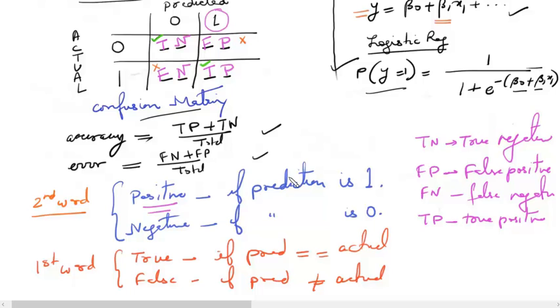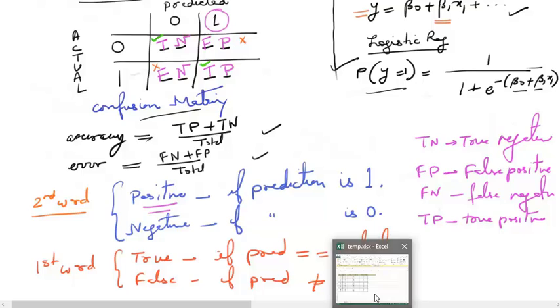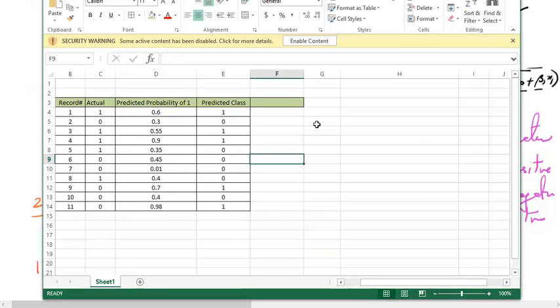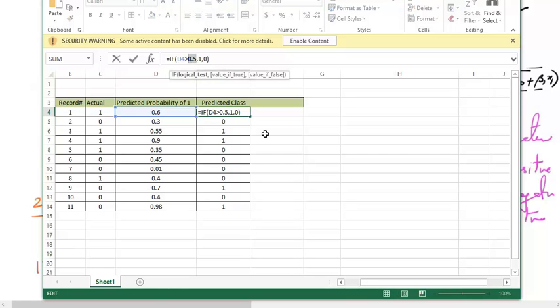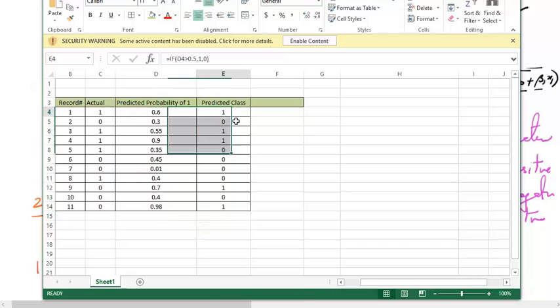Now let us go back to the data that we saw earlier, the spreadsheet data, and let us try to identify which is a true positive and a true negative. Imagine this to be a data frame where these are the actual values. This is the predicted probability. Imagine these to be the output of a logistic regression model. Using a threshold of 0.5, you can see in the formula I have used 0.5, I have converted the probabilities to classes 1s and 0s.